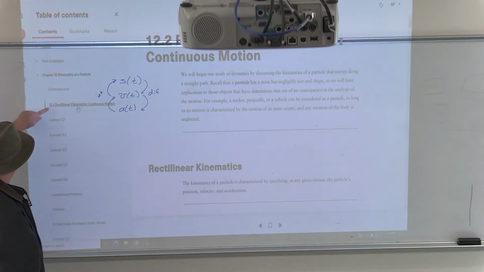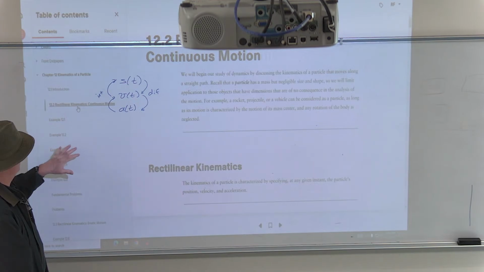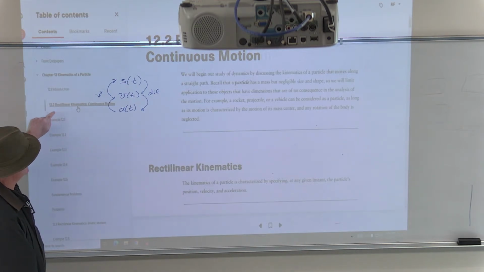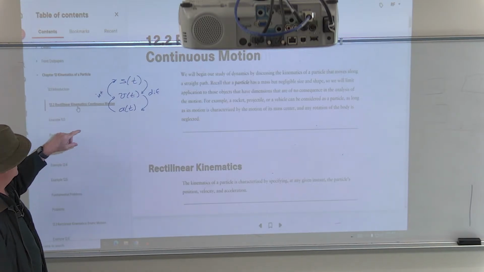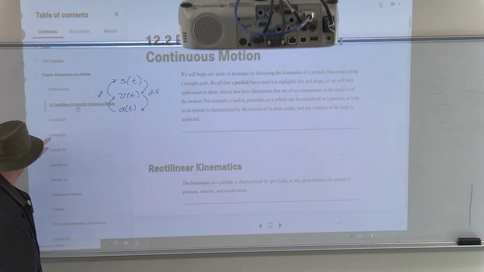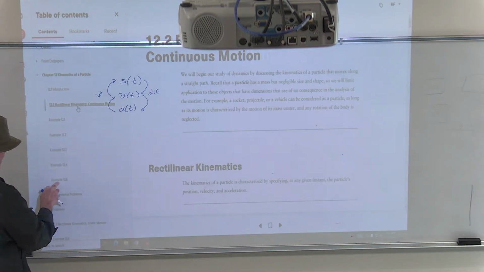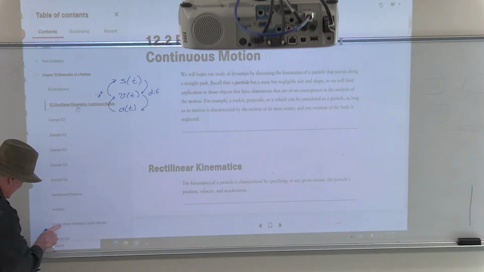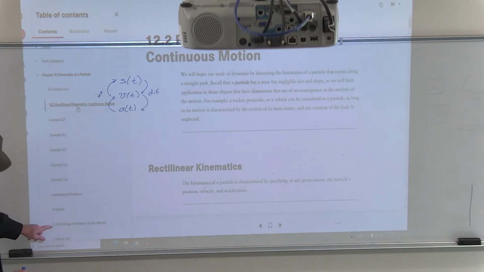So let me go through and catch us up on the actual sections we're on, so that at least, since you paid for the thing and since you have to, it's probably a good idea to go in and read it. Now let me show you what he does in here. He makes it kind of nice because each of the sections has examples, like 5 examples here. And you'll notice each of the sections, there's not a lot to read there. So if you look at this first one,